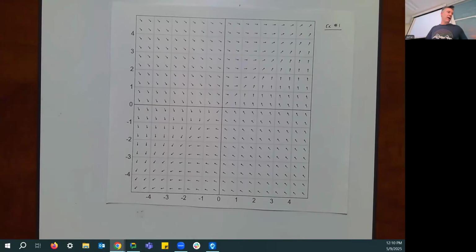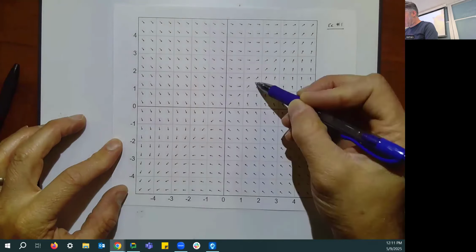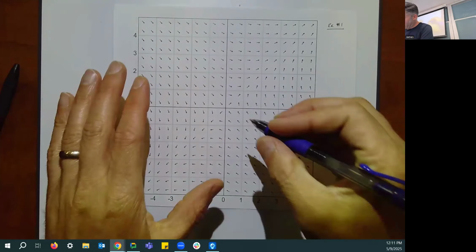To find the eigenlines, now I will point out, you can only find the eigenlines if your system has real eigenvalues. If your system has complex eigenvalues, you can't find them. There aren't any lines that point in towards the origin or away from the origin directly. So that's not always something you can do. This one we certainly can. So for this one, the eigenlines, well, I can see that these arrows all point exactly away from the origin, right? It's not like slanting in. It's exactly